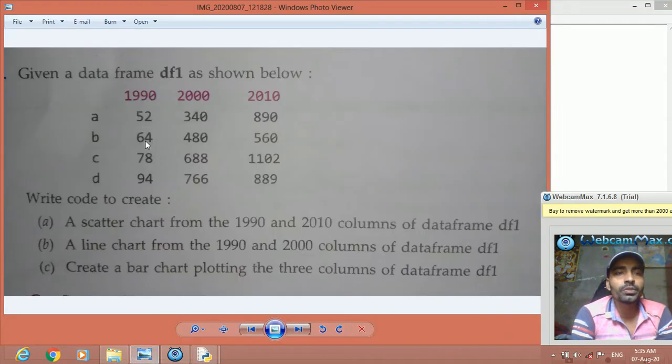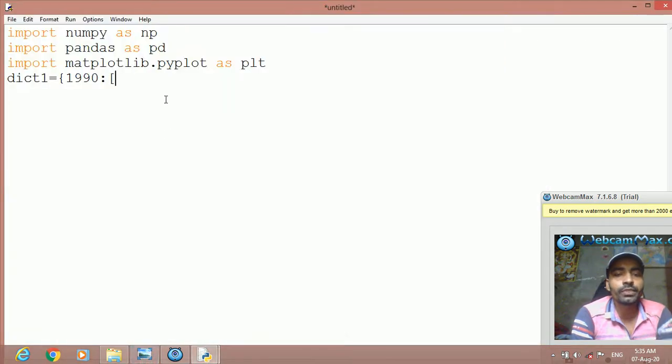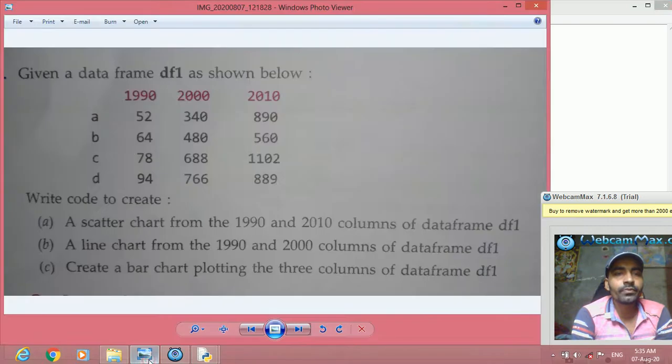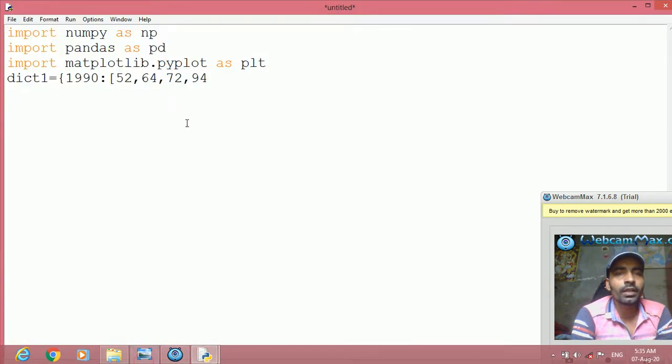So in 1990 what values we have? We have 52, 64, 78 and 94. Now one key and value pair is over. Now second key we have 2000, year 2000.